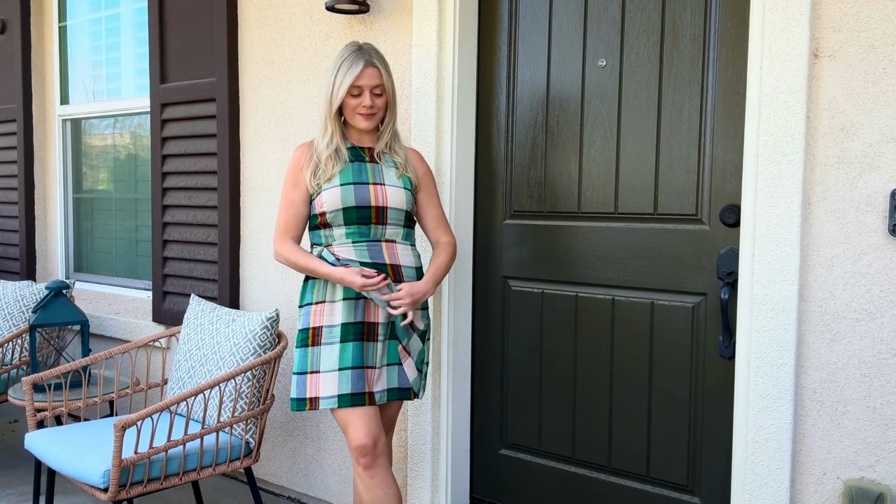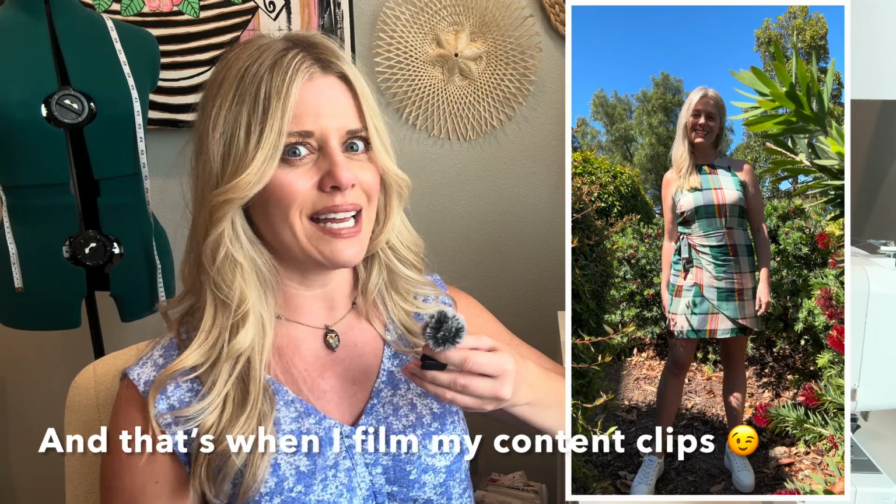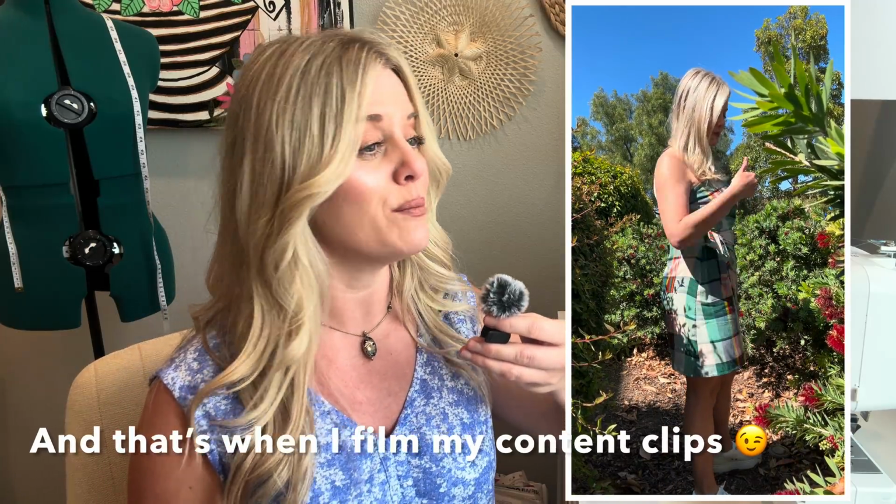Cannot wait to wear it on a specific event I have coming up this summer, although I have already worn it too. Most of these, like I said, as soon as the temperatures get warm, I'm putting these clothes on. And so I've kind of been working my way through all of them, and I really enjoy them. This one you may not